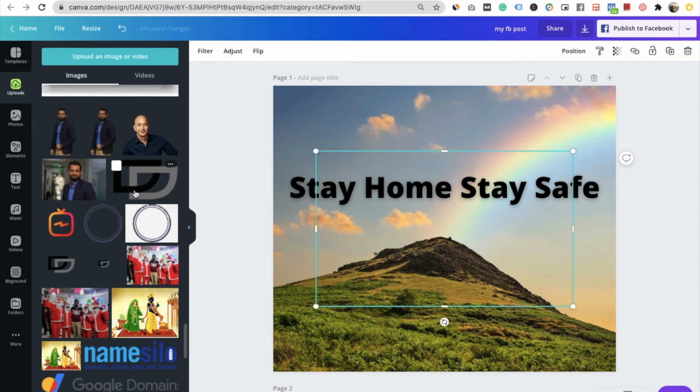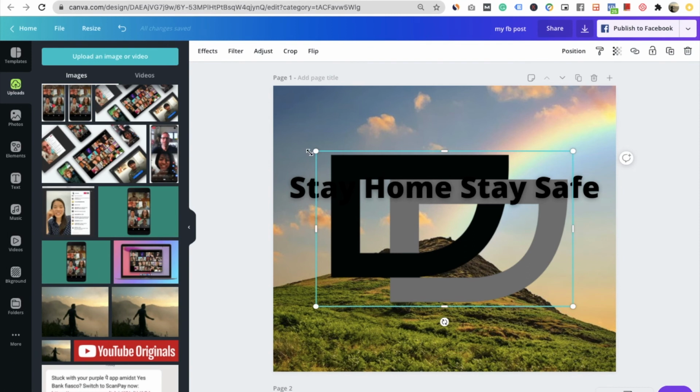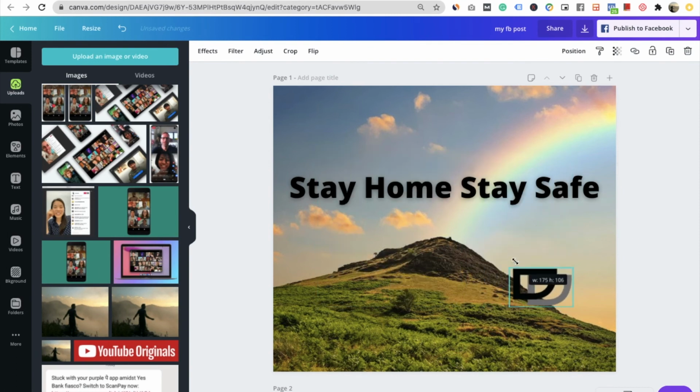So it is there, just click over it and you are good to go now. Okay, so it has been chosen here. Maybe it will look pretty good here or here, so it's up to you. Whichever way, I can adjust its size here.